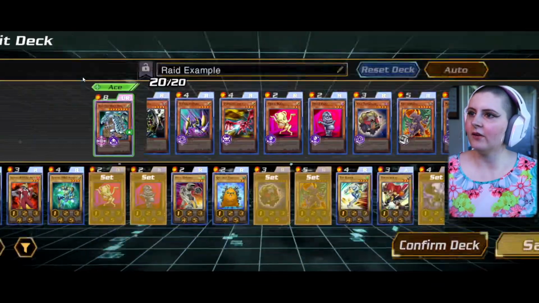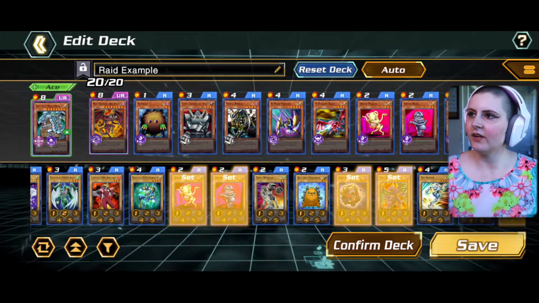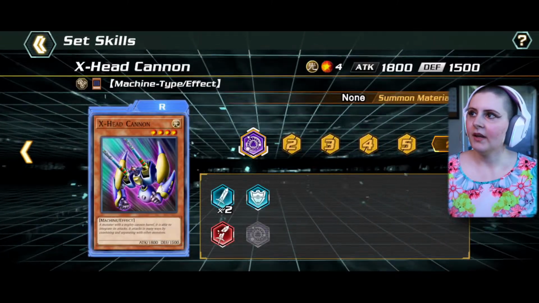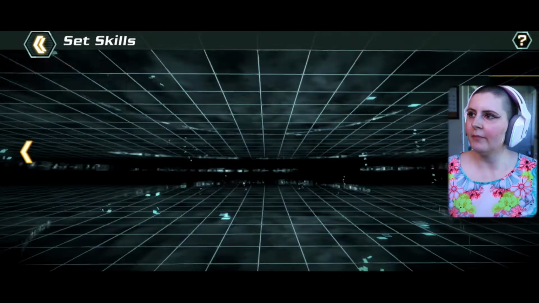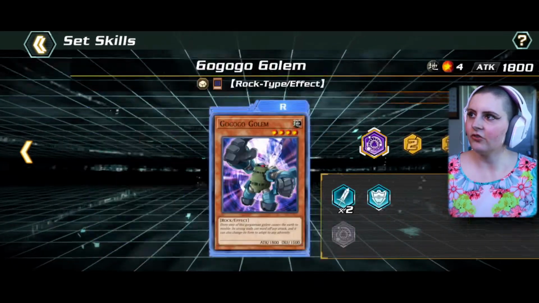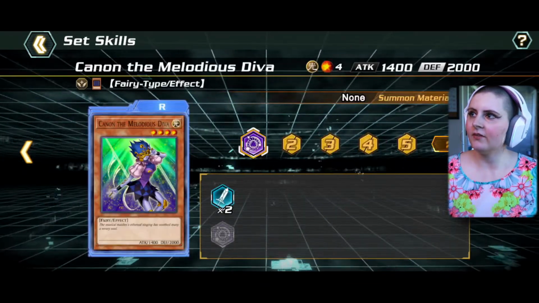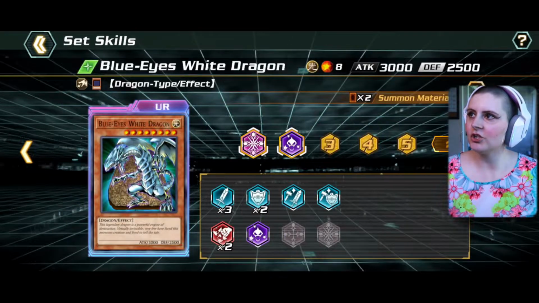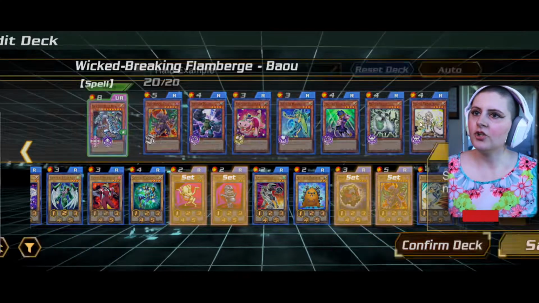So this is the final deck and what it looks like. It's going to go Blue Eyes White Dragon, Red Dragon Archfiend, Kuriboh, Giant Soldier of Stone, Vorse Raider, X-Head Cannon, Y Dragon Head, Ojama Yellow, Ojama Black, Dark Resonator, Vice Dragon, Golem, Performa Palahip Hippo, Sonata the Melodious Diva, Cannon the Melodious Diva, Ram Clouder, Mila the Temporal Magician, and of course our 3 spell cards as well, which includes